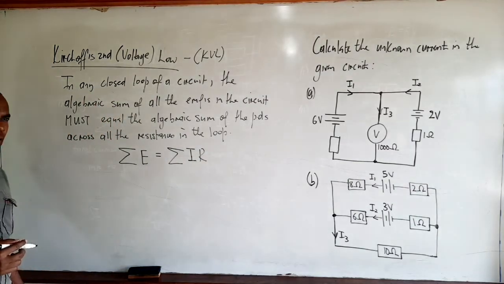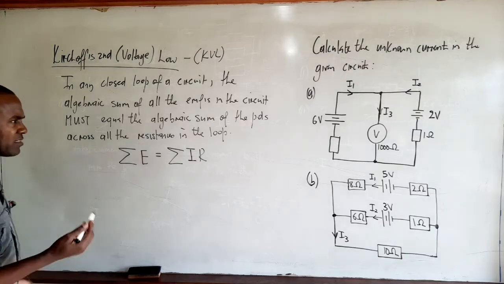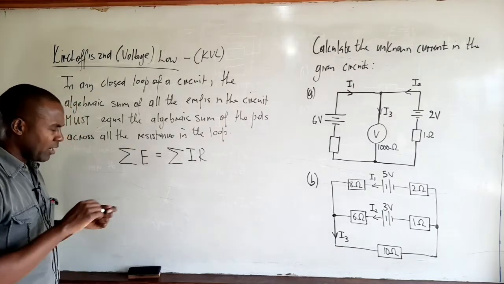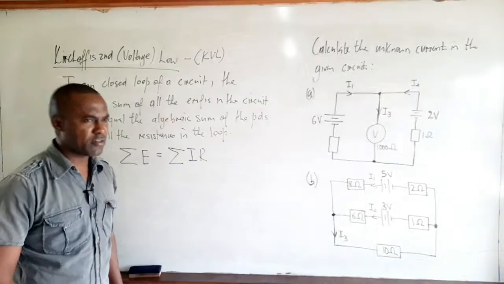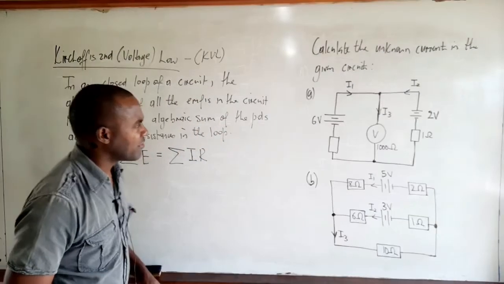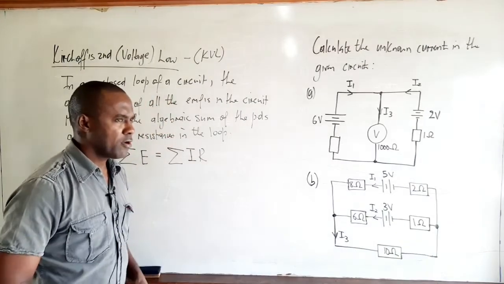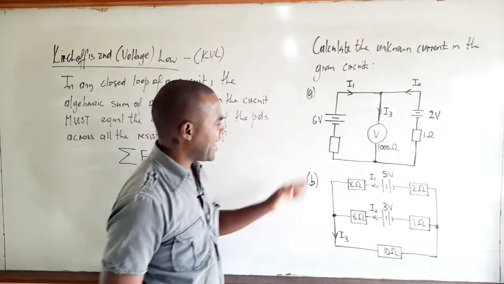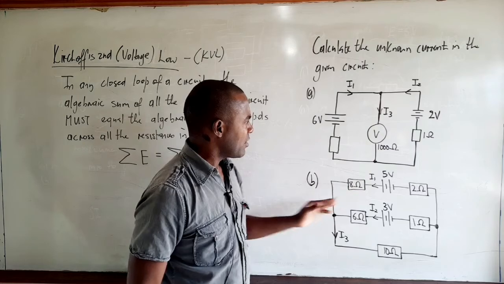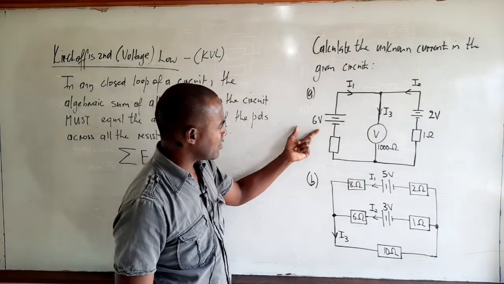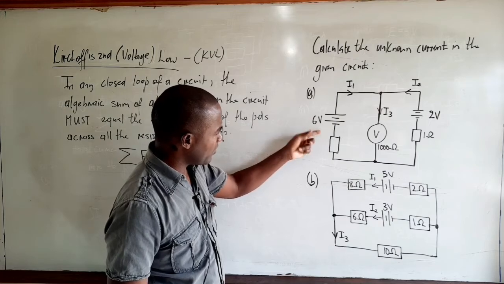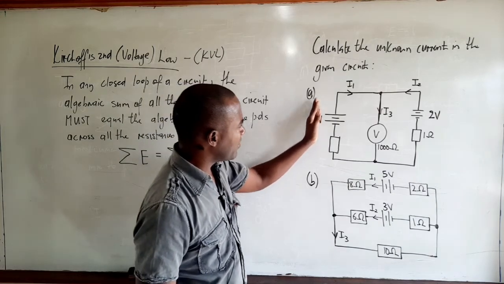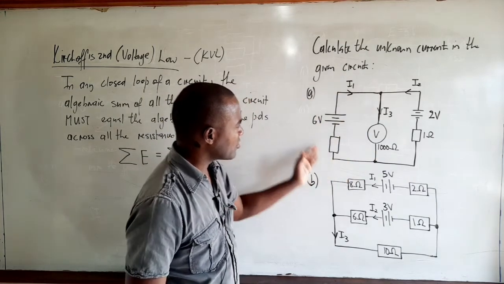So basically, what this is saying is that, since we already have a few circuits here, let's examine one of these circuits and see what Kirchoff's second law is basically saying. Kirchoff's second law is basically saying that in any closed loop of a circuit, the algebraic sum of the EMFs in the circuit or in the loop must be equal to the algebraic sum of the potential differences across all the resistances